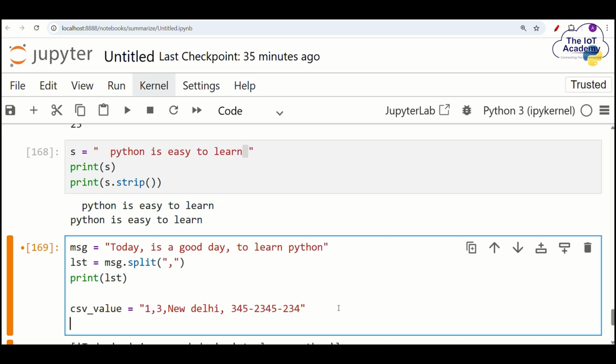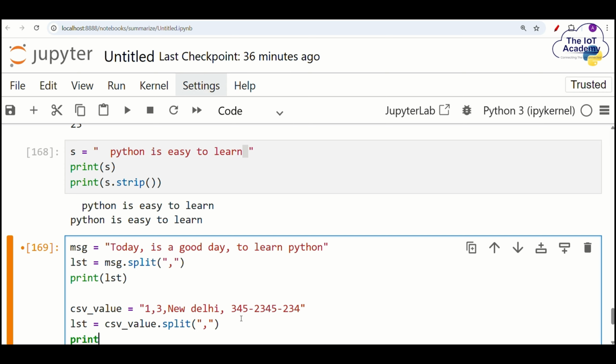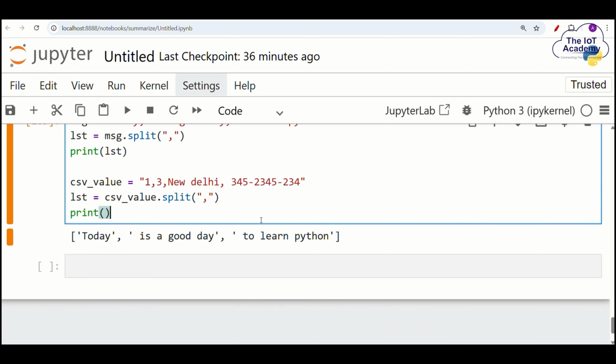Same way. You say LST equal to CSV value, and then dot split, and then you specify how you want to split this. I want to split using comma, and then you print it. Let me scroll this up a little bit. Print LST. So it's going to split this particular string into 4 different parts,